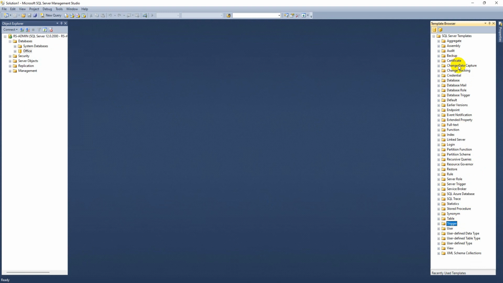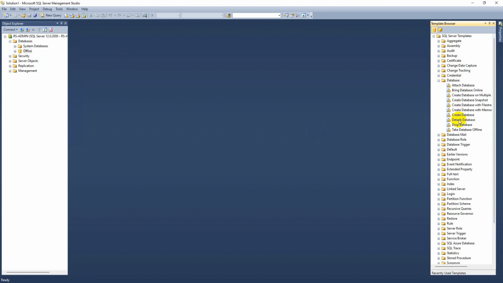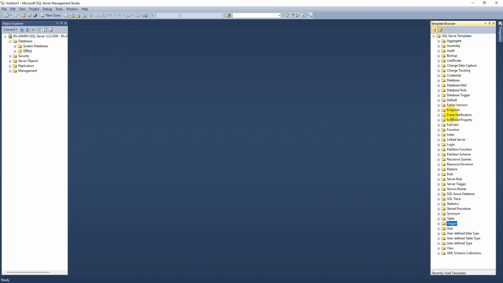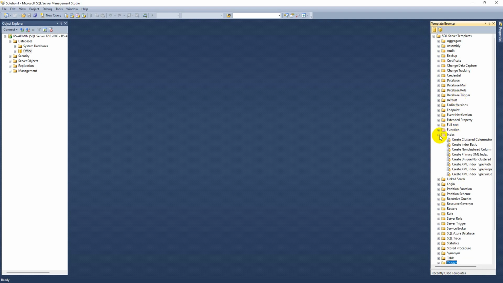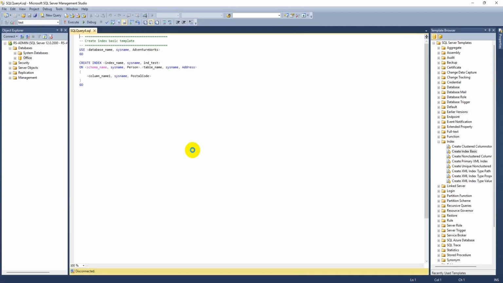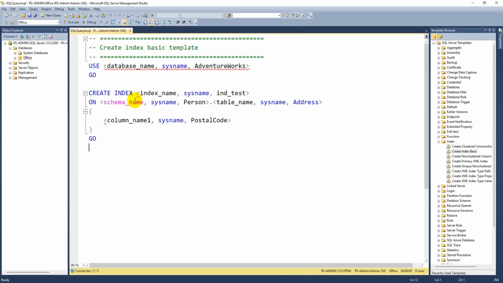In case you want to create or insert any table, create a database, drop a database, for every SQL syntax available in SQL Server, you can find the syntax of that particular query by using this Template Explorer, template browser. Here it is sorted in ascending order, A to Z, so whichever you want to get information on, you can use that. In case you want to work with an index also, you can see. To create an index, very simple: create index name on which table, on which column.